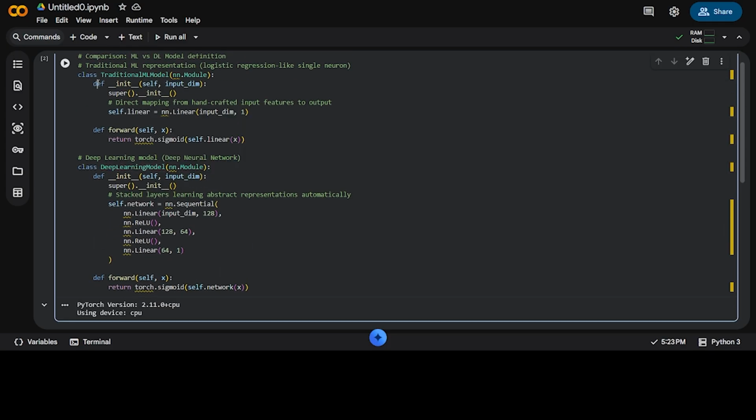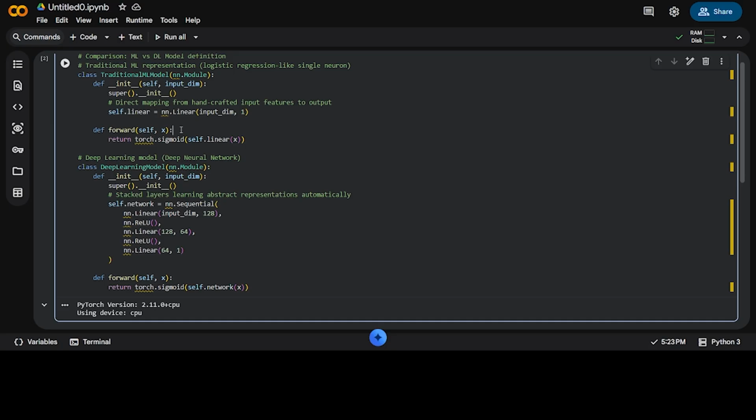Here def means a definition, init, and then I'm giving two parameters. That is self, comma, input_dim. This one is the dimensions, okay. So here also I'm using two parameters, okay. super() is a keyword in deep learning, okay, I'm using the super keyword here, and then I'm using self.linear. nn, we have already imported torch.